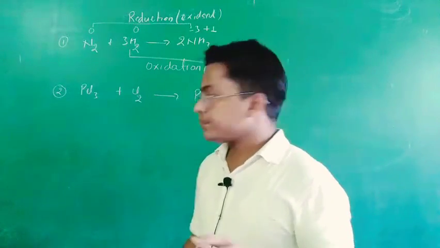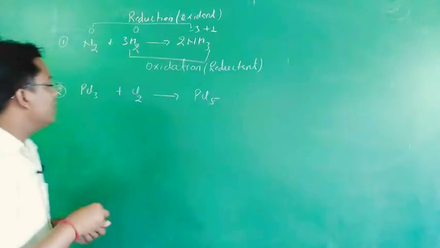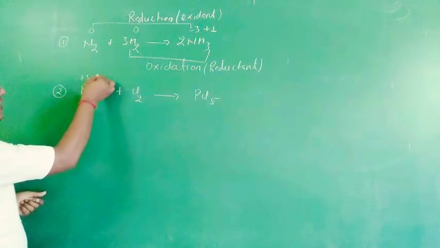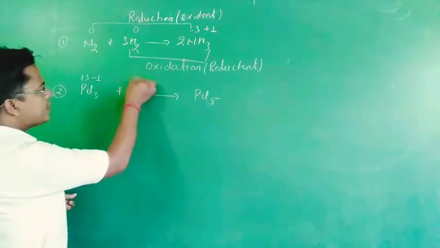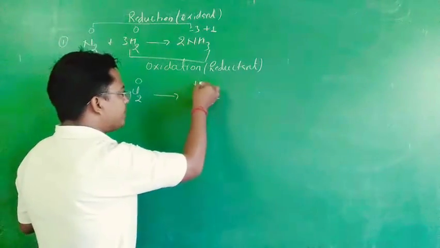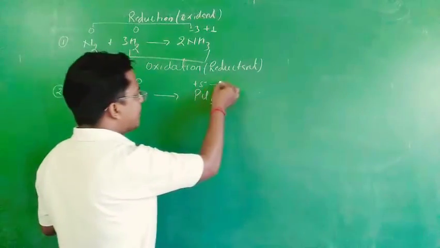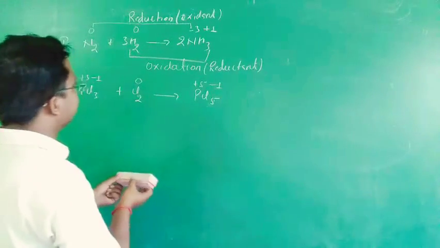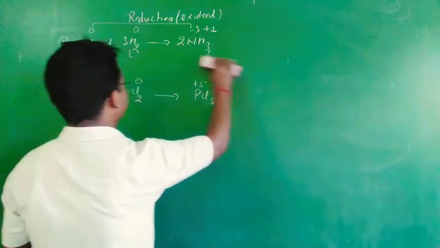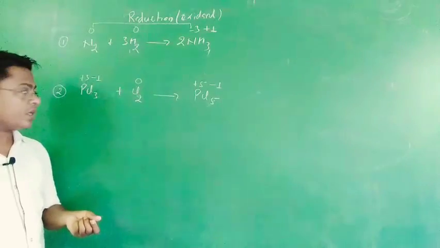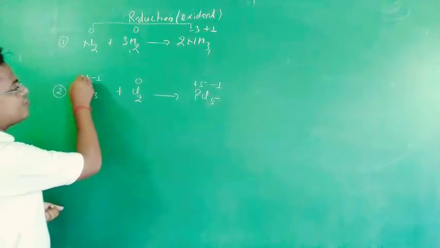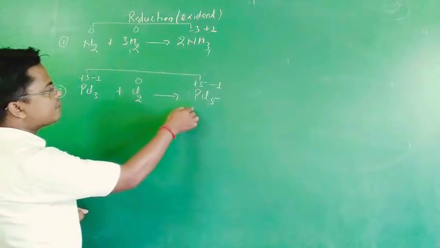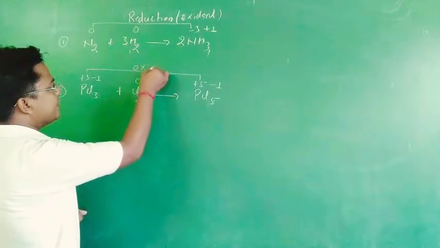Okay, so in case of PCl3 you can see phosphorus carries +3 charge, chlorine carries -1 charge. Chlorine in this form will be 0. For PCl5, phosphorus is +5, and chlorine -1. Okay, so very easy to identify. In PCl3, you can see +3 to +5 phosphorus. So definitely there is an oxidation,